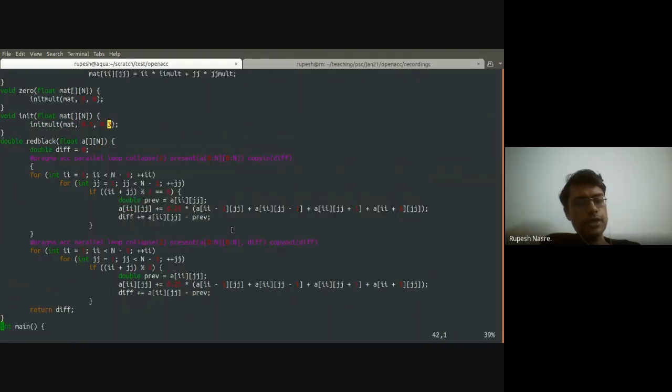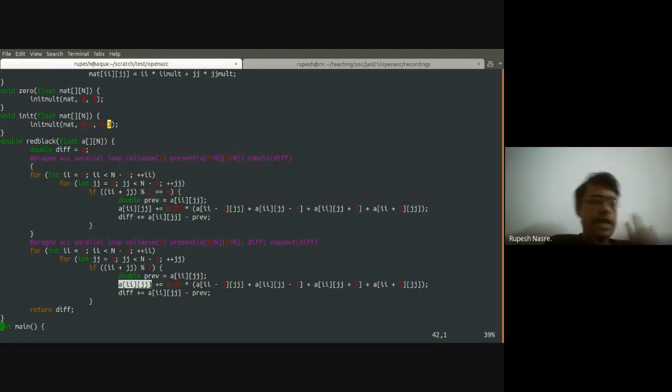Let's come to these two parts. There is a little bit of difference between the two, which you might require when it comes to the use of diff. As far as the use of A is concerned, that is uniform, because A is already present on the GPU. The A matrix is present before the first loop on the GPU, and it should continue to remain on the GPU even at the end of the second loop.